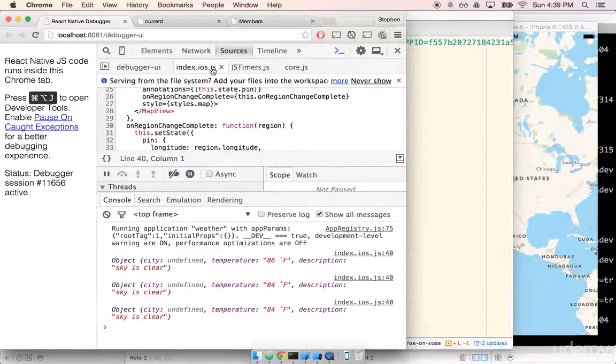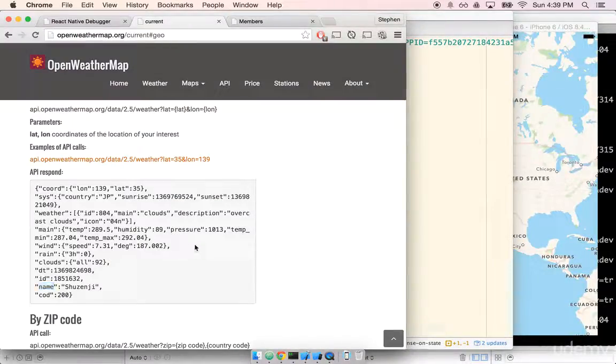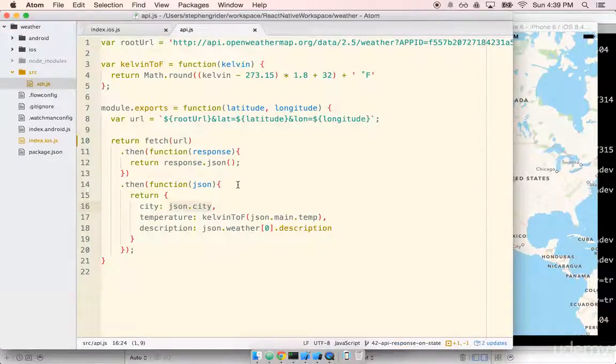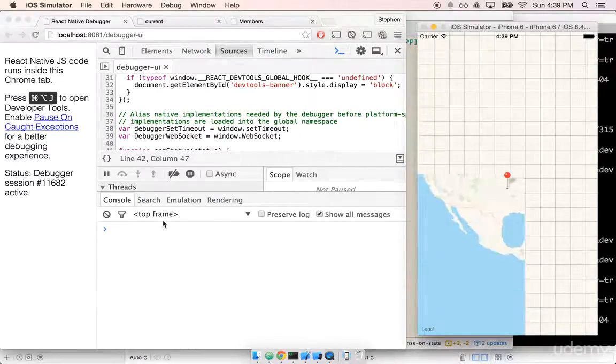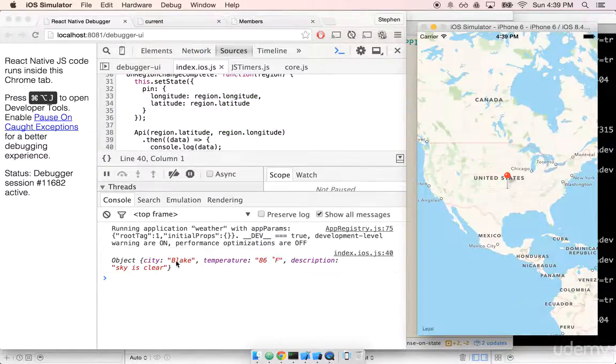Let's go look at our docs really quick. And over here you'll see that the city is in fact not city but name. So we just have an incorrect property name there. Totally my mistake. I'm going to change that to json.name. Let's refresh the simulator. And we now have Blake,